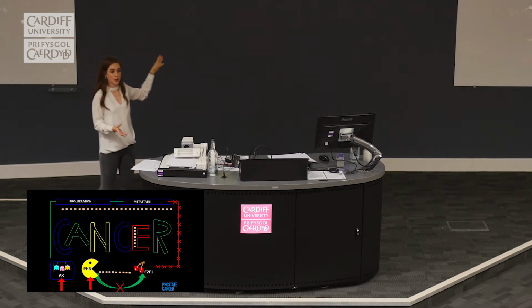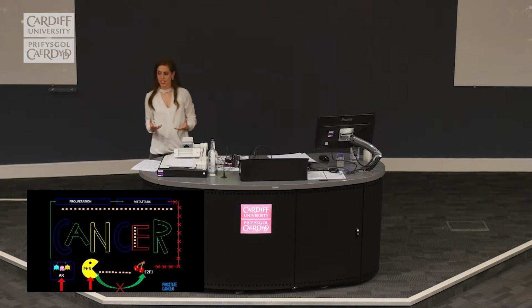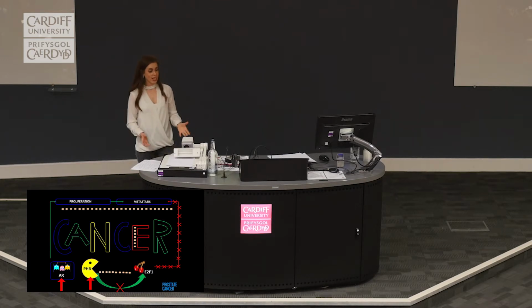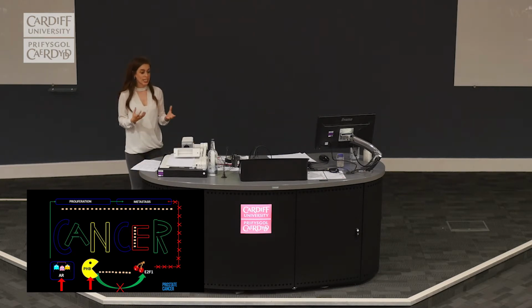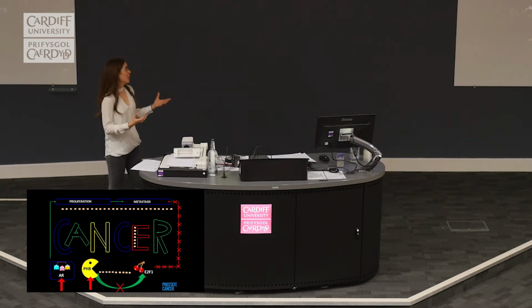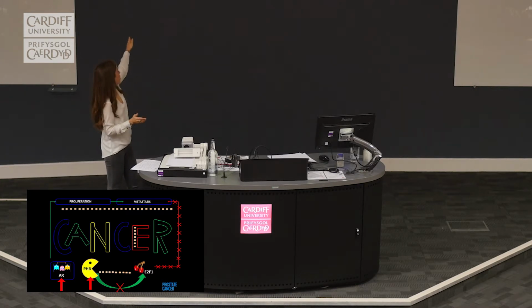Now, PacMan is a protein which my project is based upon, and its name is prohibitin. Now, I found that prohibitin can actually stop prostate cancer cell growth and movement around the body. And a way in which it can actually do this is through a new interaction that I discovered. And what I discovered is that prohibitin can actually physically interact with another protein, which is very exciting. And this interaction can actually stop the signal coming from the AR.